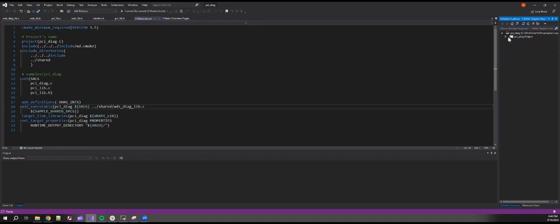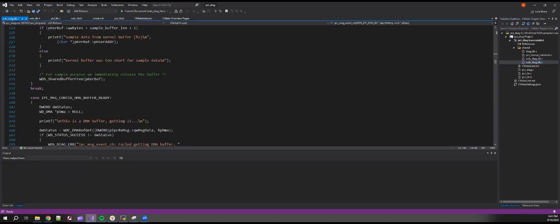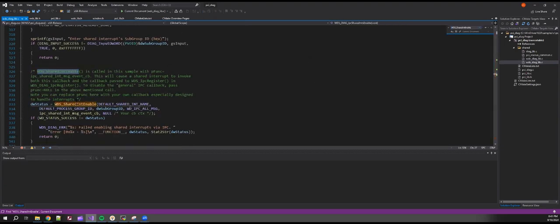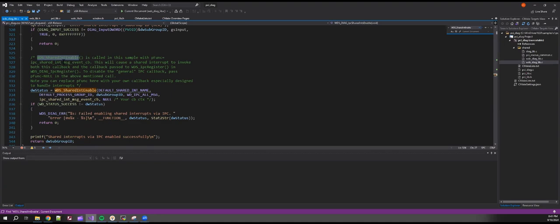Let's go to CMake target views, shared, and everything is here. WDS. Okay, so this is our function, WDS shared int enable, called when the sample